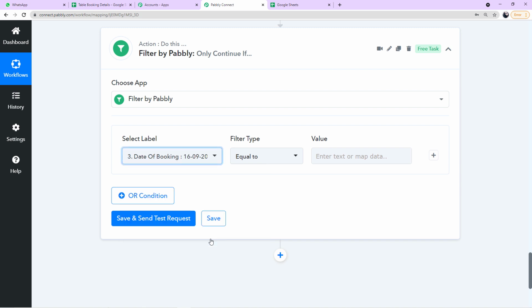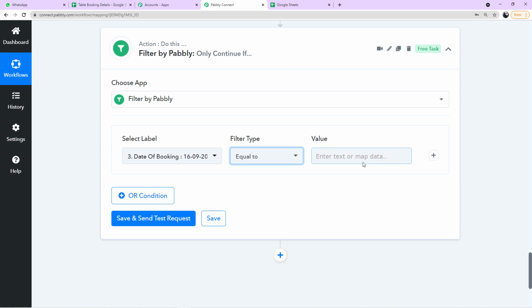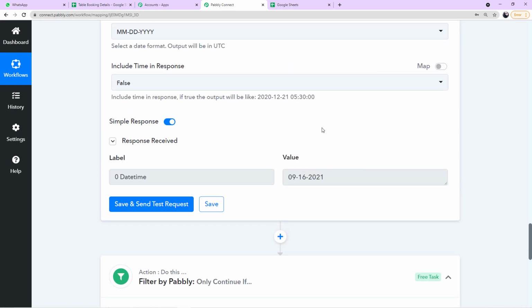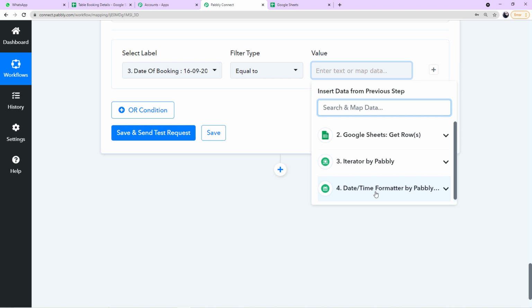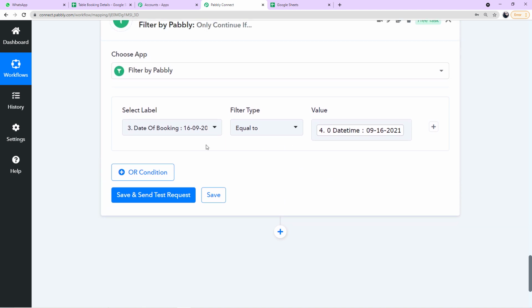So map this date of booking, select the filter type to equal to, and here you have to map the current date that we have fetched by Date Time Formatter. So when you click here on Date Time Formatter, you will find the current date. So map this. It will ensure that when the booking date is equal to the current date, the reminder message will be delivered. So this is why we have applied this filter.